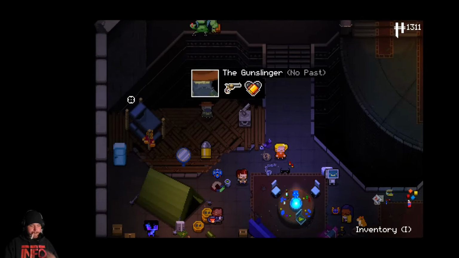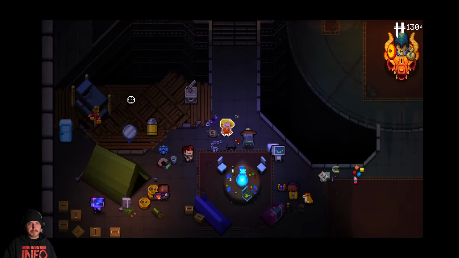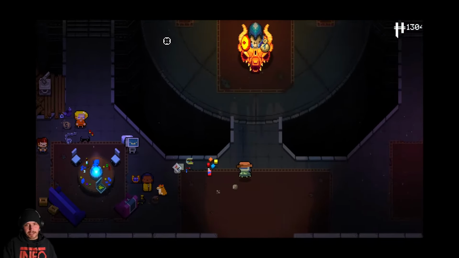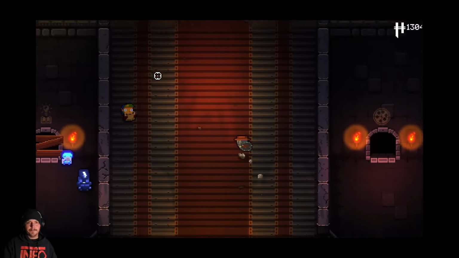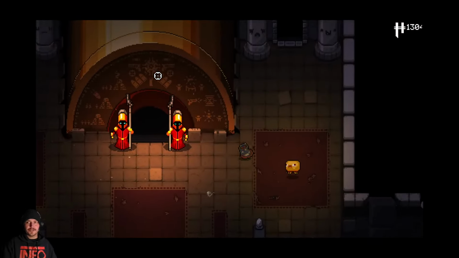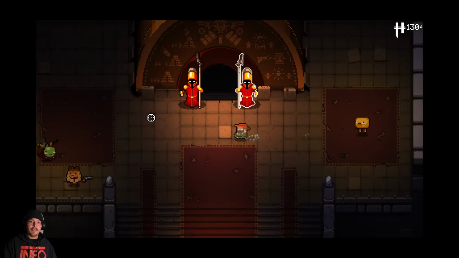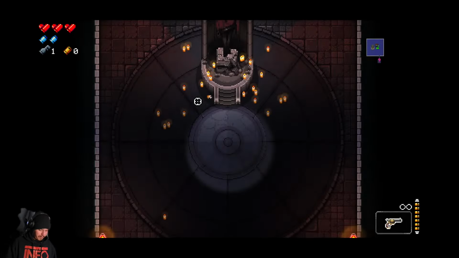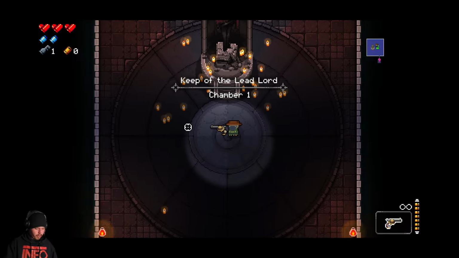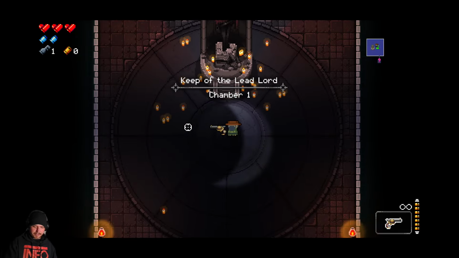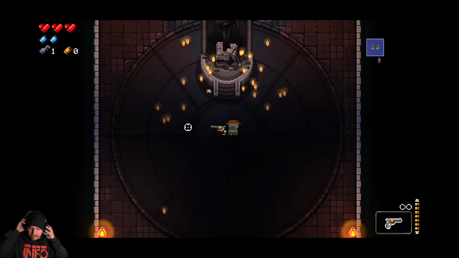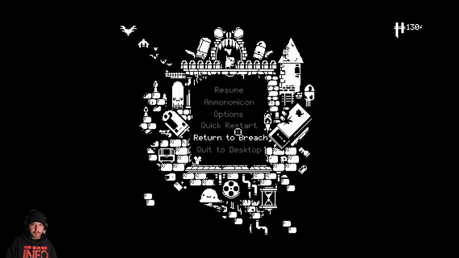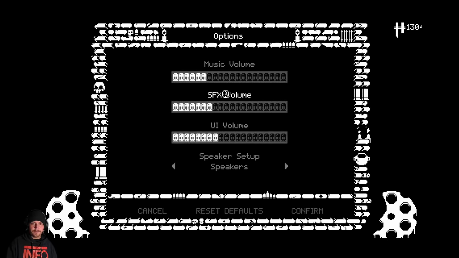Let's try this out. See, what's nice about the new laptop, the old laptop wouldn't be able to handle a game running and streaming at the same time. So that's what's nice about this new one, it's got enough power behind it to work. But now I gotta test and see how my audio is over the game audio. First off, I want to turn the volume way down.